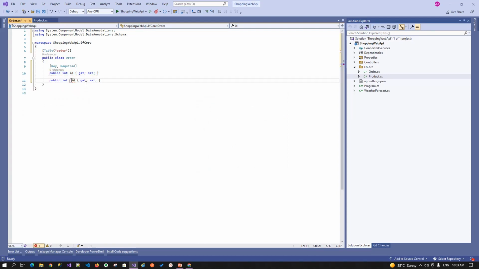That will be your foreign key in this table. So add it, virtual product, and then you need a user's name, whose order this is,